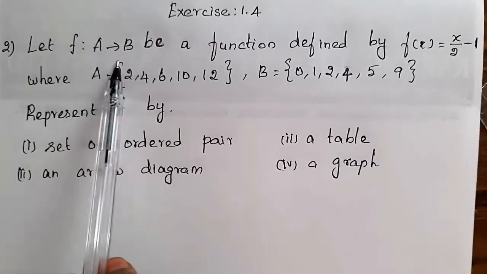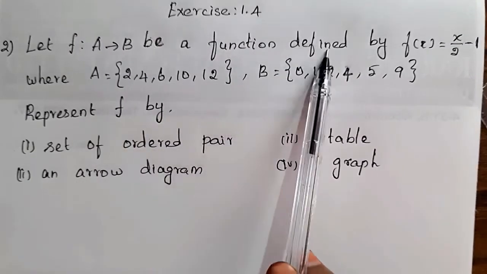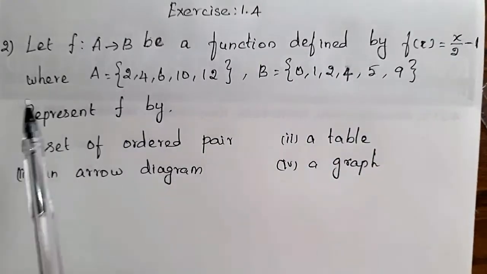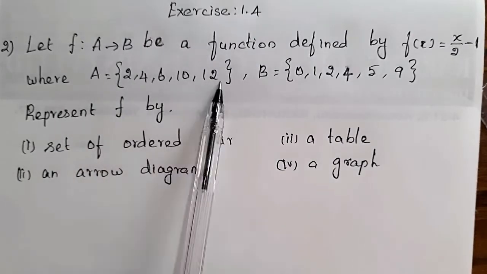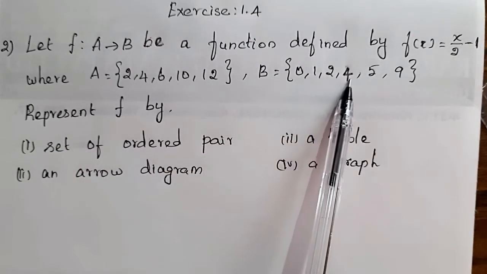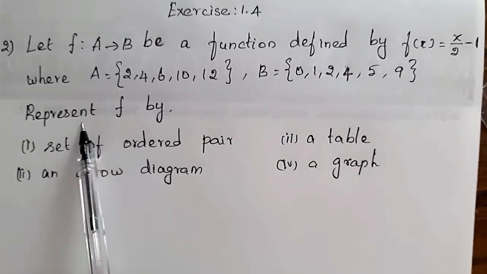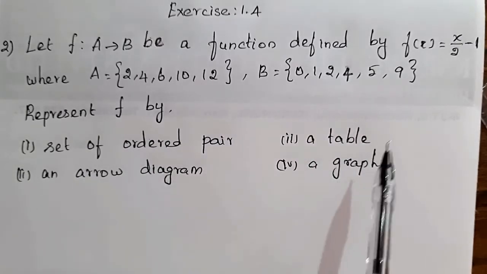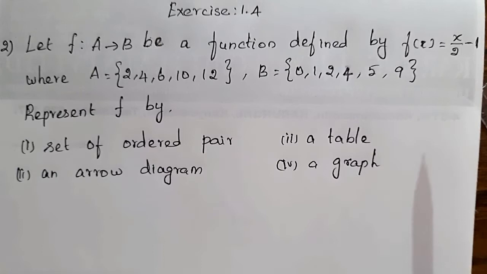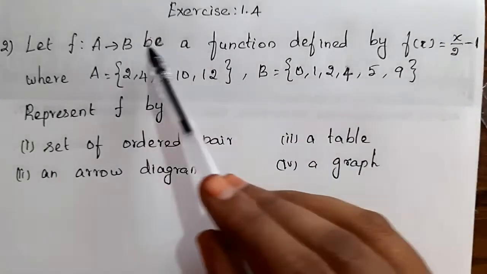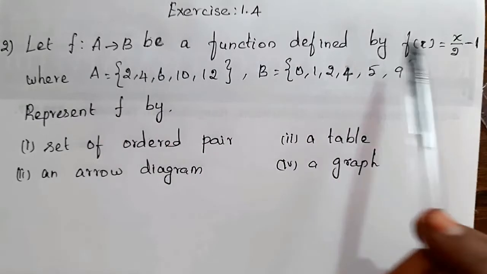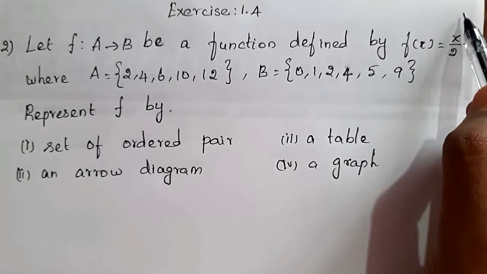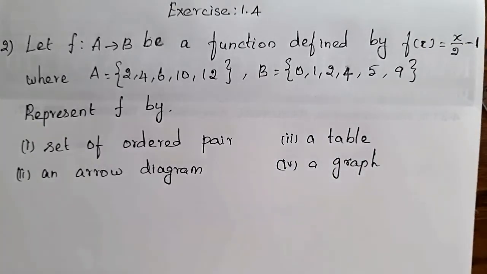Second problem: let f from A to B be a function defined by f of x equal to x by 2 minus 1, where A equal to 2, 4, 6, 10, 12 and B equal to 1, 2, 3, 4, 5 and 9. Represent f by ordered pairs, then table, arrow diagram and graph. We can do one by one. Before that, we have to find the function. For all x values, we have to find the corresponding unique y value, the image, using this. So first we write the given